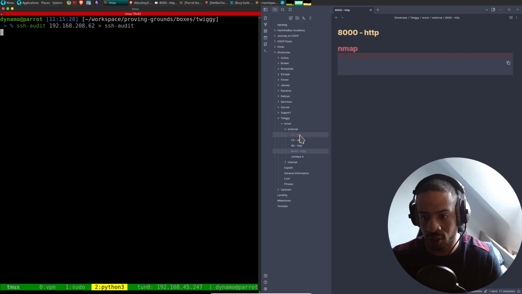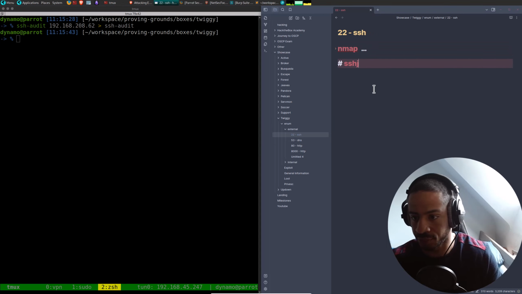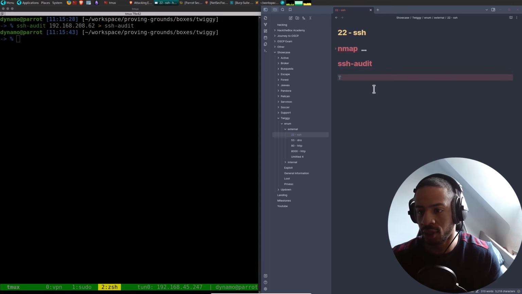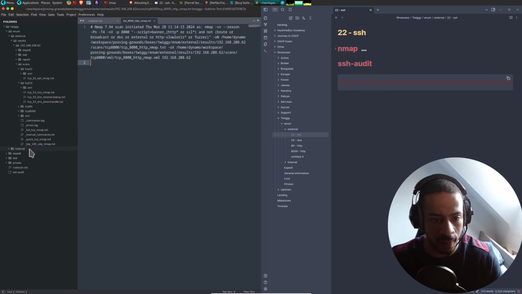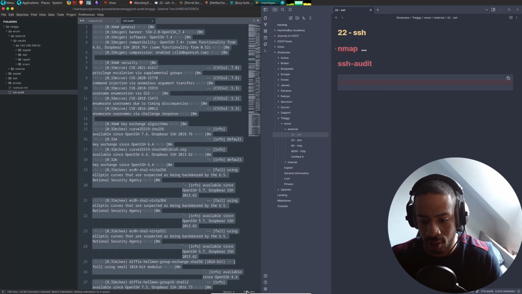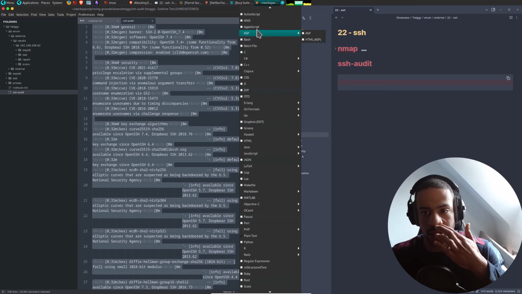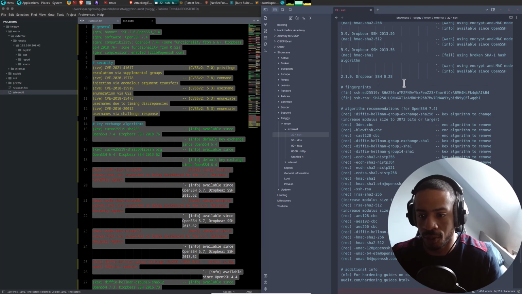That will take only 2 seconds. Collapse this. Audit, like that. And then we can open that here. Also change the syntax on this. And you can see the coloring is quite cool.